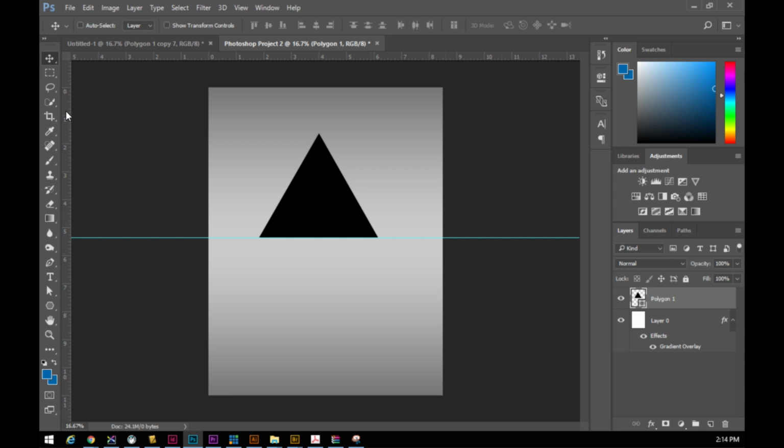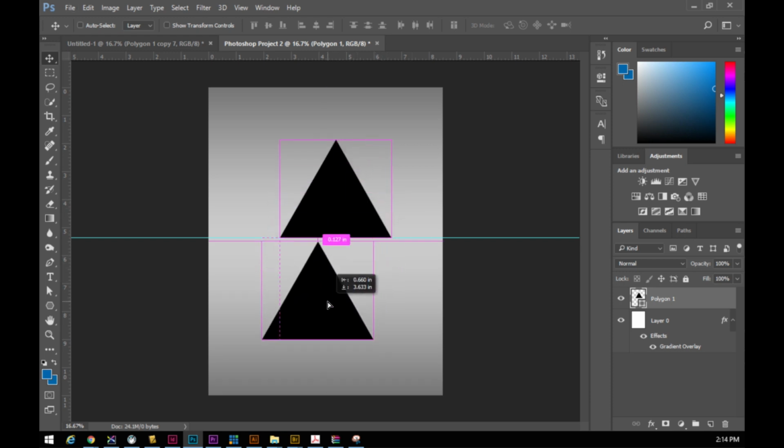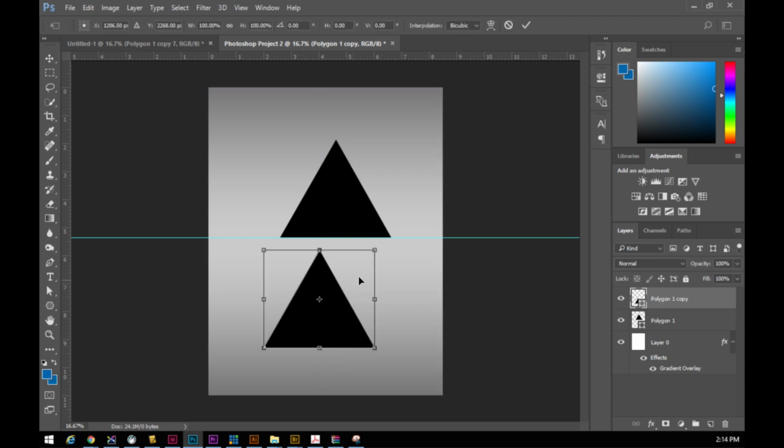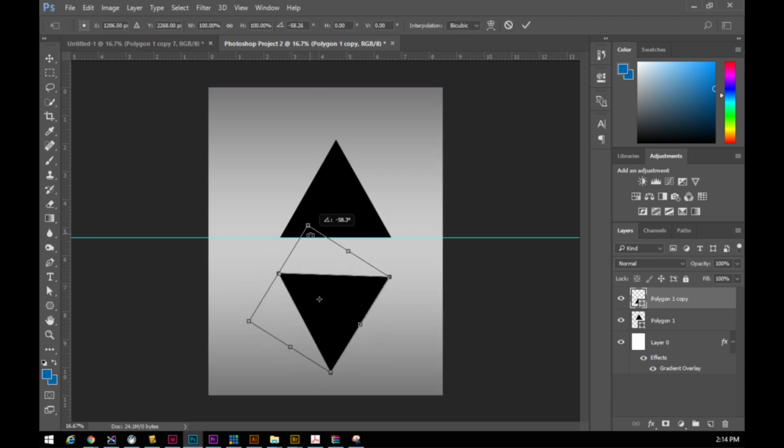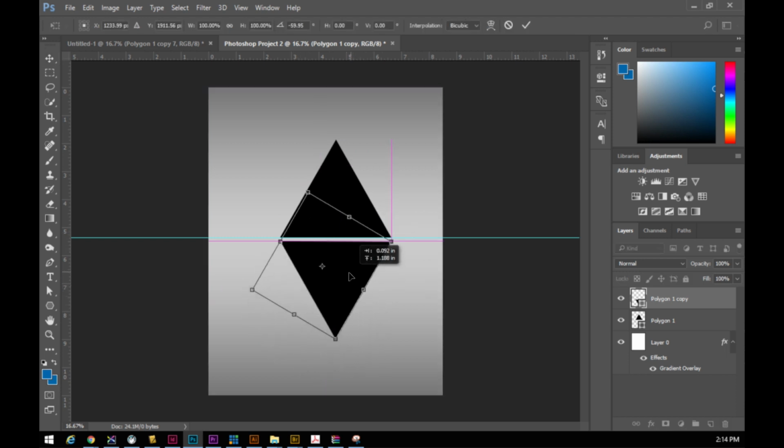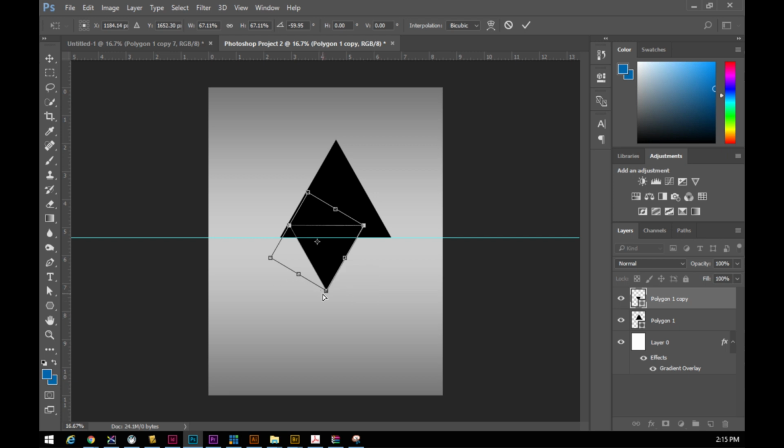From here, it's super simple. You're just adjusting the size of these triangles and moving them around. If you remember, the fast, easy way to copy something is to hold Alt on your keyboard. It brings up this second arrow icon, and you can drag down, and then I can go Control T and rotate this to a matching angle,